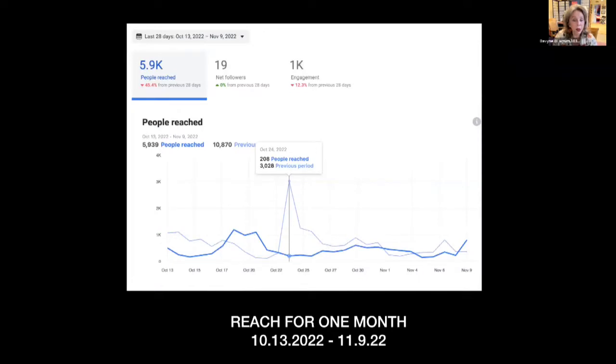And this is a recent statistic from Facebook. Again, the number of people reached during the week of the month of October 13th through November 9th. So we reached 5,900 people, and